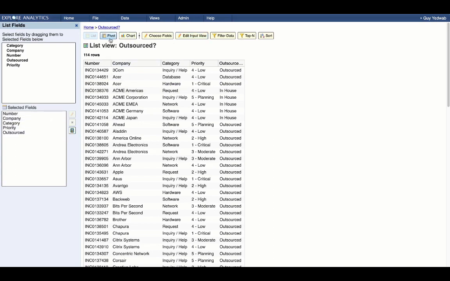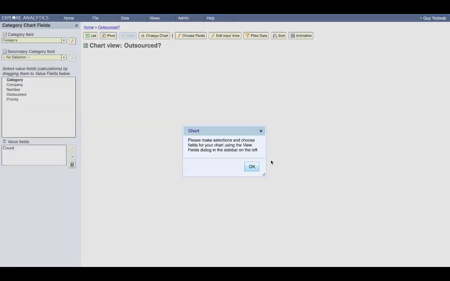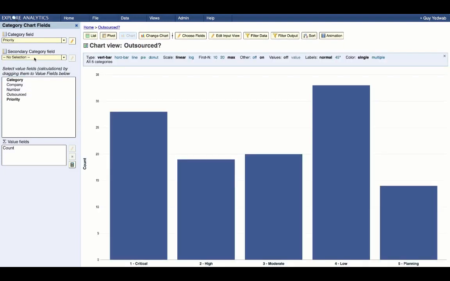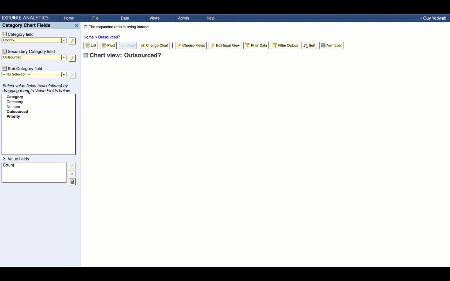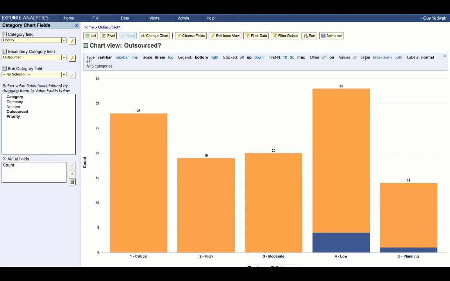Now, as we said, the real power is using this composite to build, for example, a chart. And I can say we can do it by category, and we'll do it by priority, and then within that, was it outsourced or not? And we can stack that up, do the values or breakdowns, and the breakdown be percent, right? So it's very easy for me to see, by priority, how much was handled in-source versus outsource